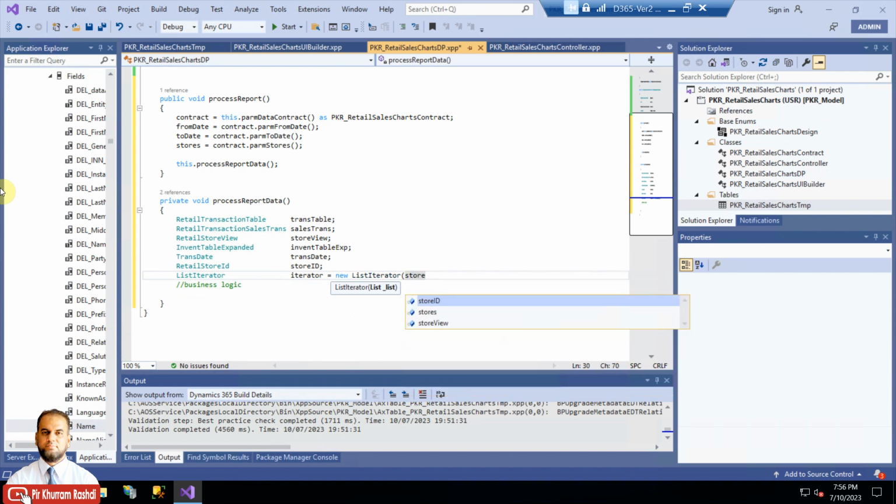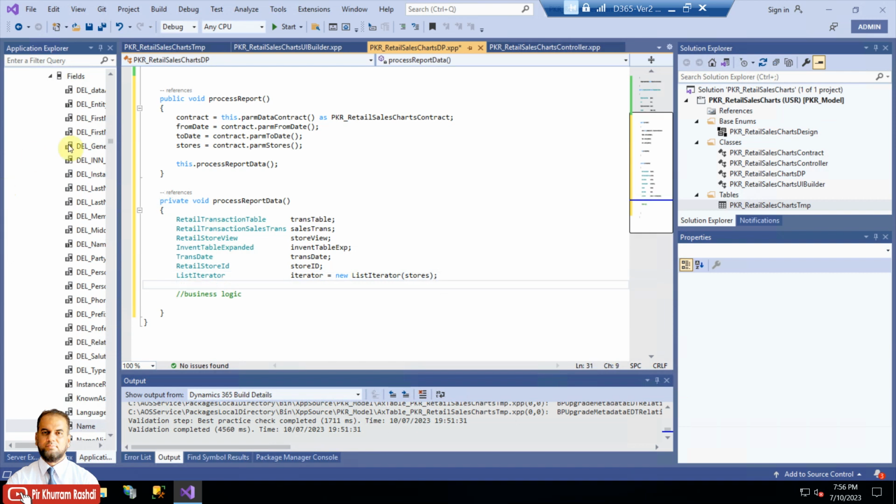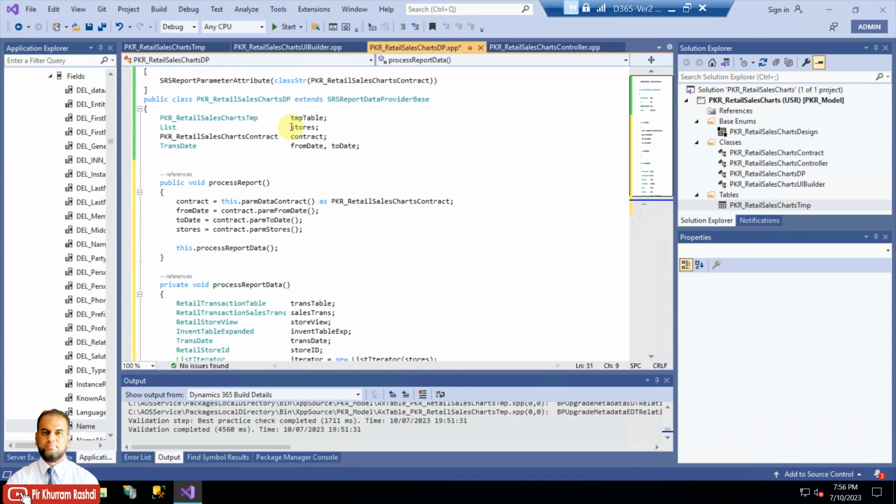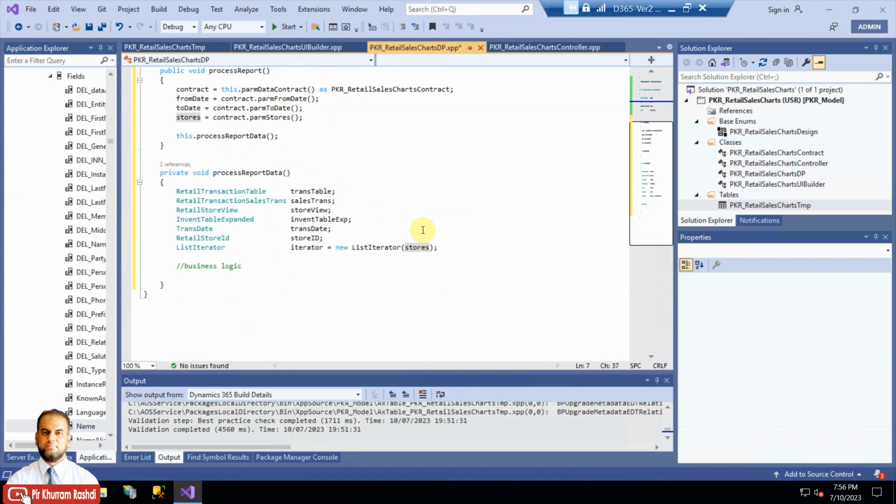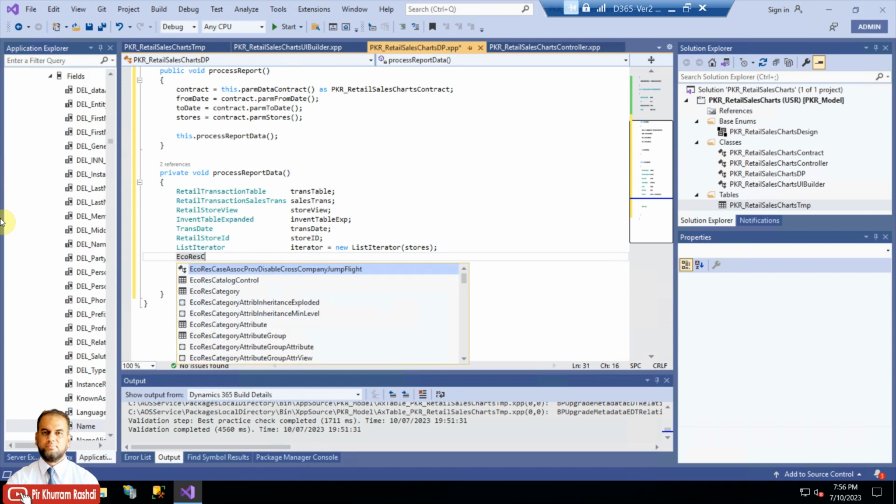So here the variable name for the list is stores. It is here. Okay, so I have initiated the list iterator object, and then I need to have equal as